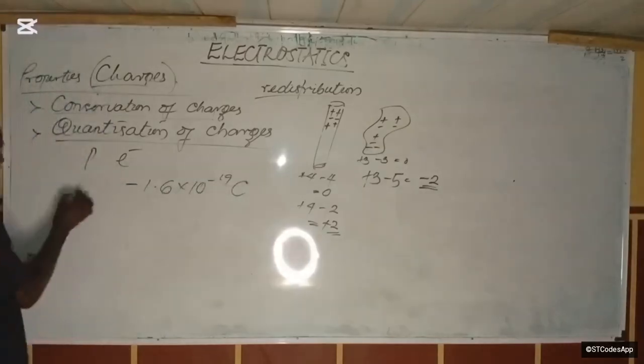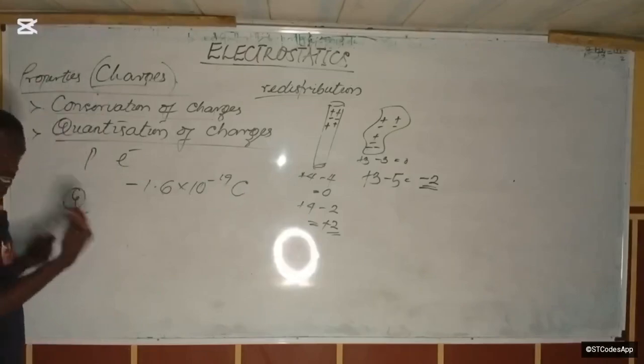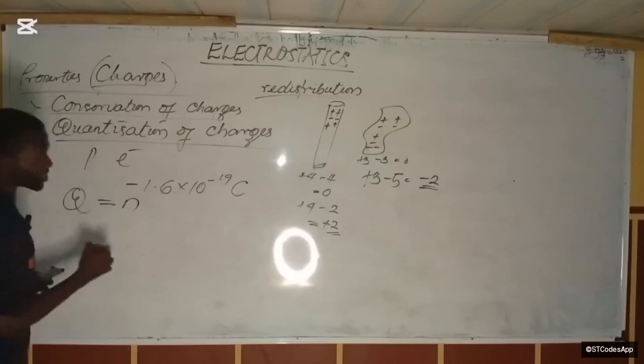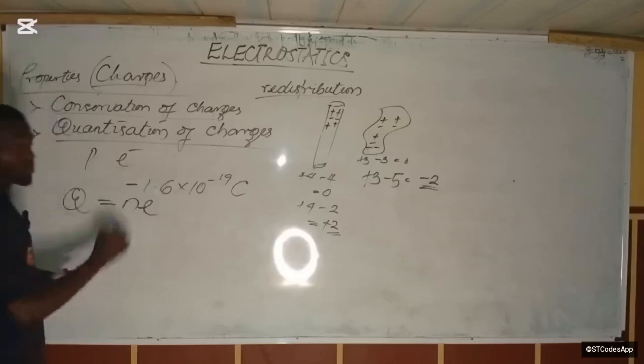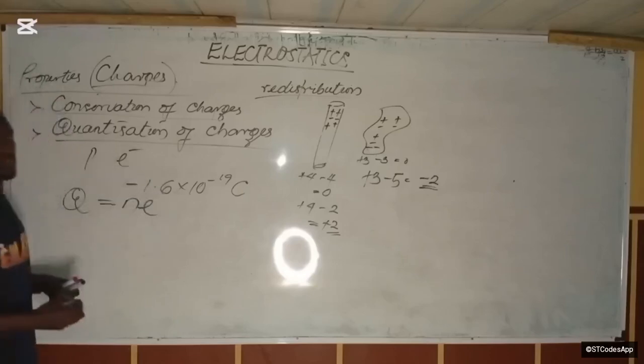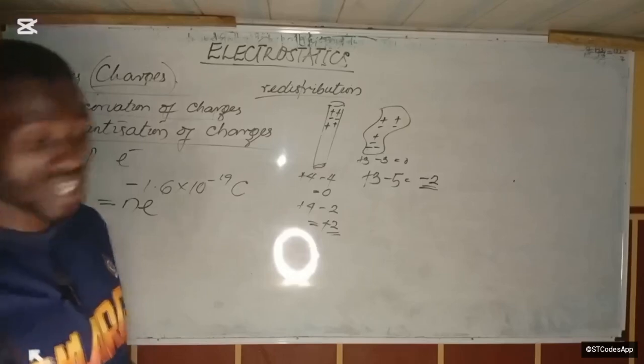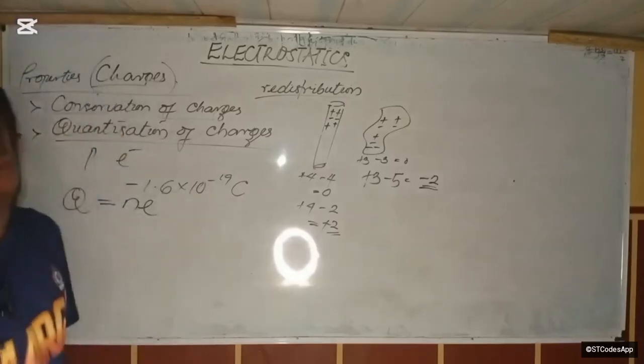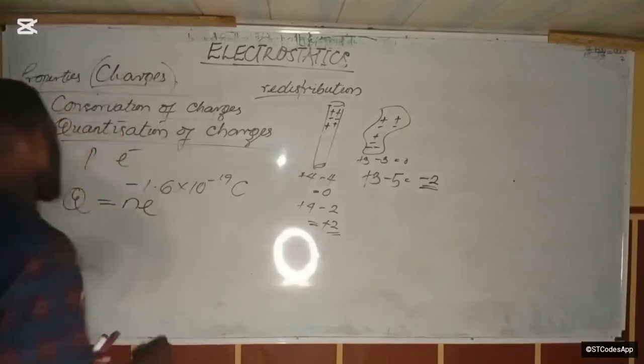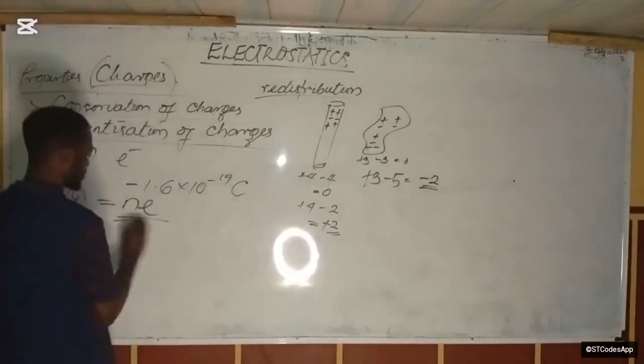Does that make sense to you? It means that the quantity of charge on any matter is going to be an integer multiple of either positive or negative charges. But this is the way we write it, to identify or depict the fact that it is negative charges that are actually moving.